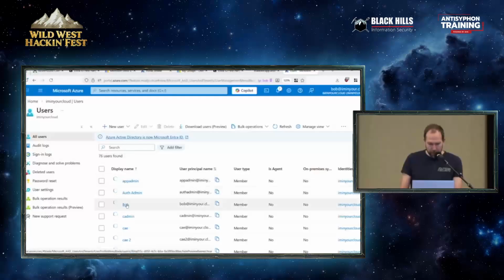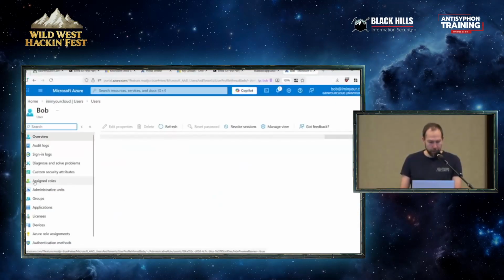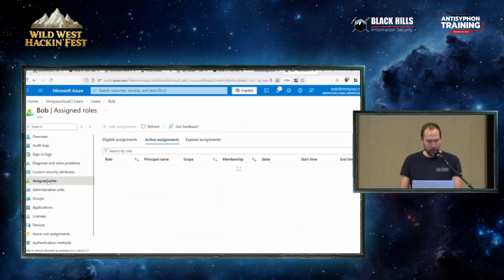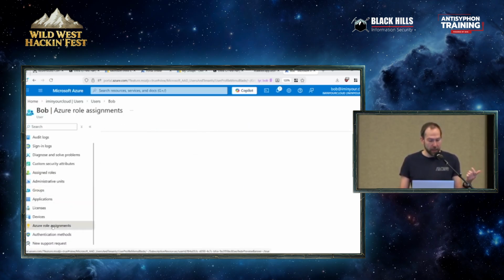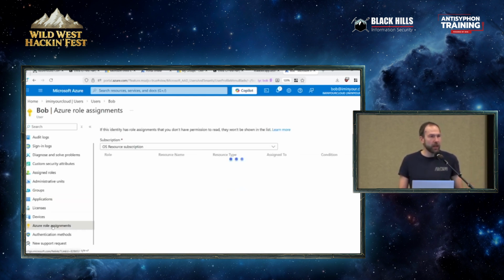So why you didn't see it in the portal? Yeah. So the PIM assignments, if it's a role assignment, then you'll see it here. So the assigned Entra roles, those will show up here, eligible assignments. But the eligible groups are just not in this UI. If we go to groups, we only see the active assignments, and there's no way to see the eligible assignments. Same with the Azure role assignments, there are just no eligible assignments in this view. So it's really just the limit of the UI.